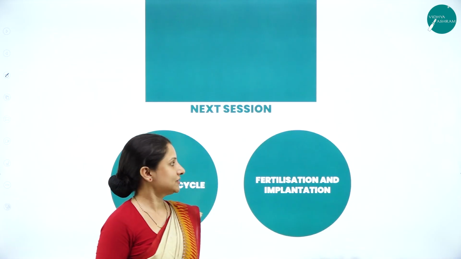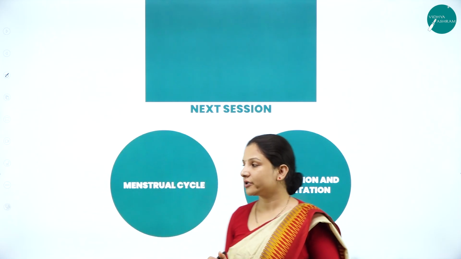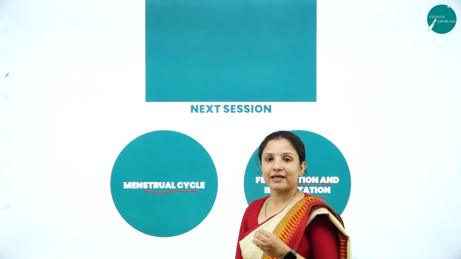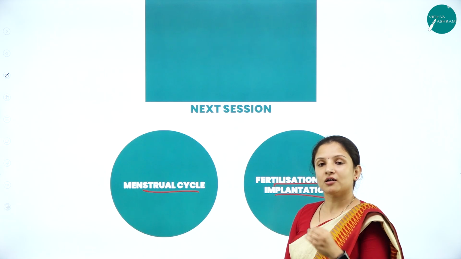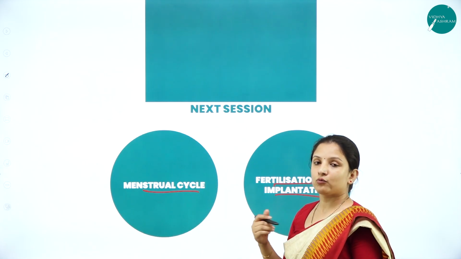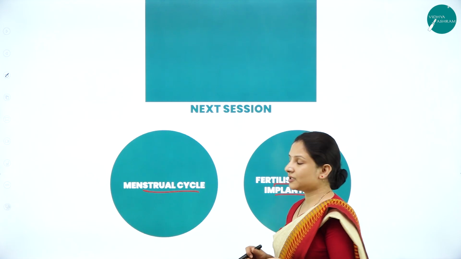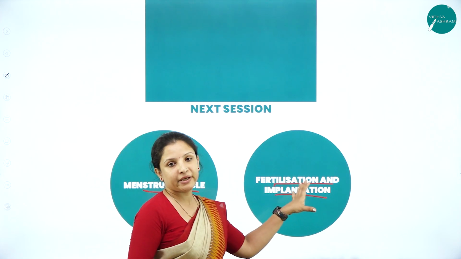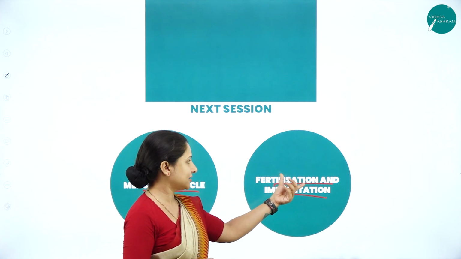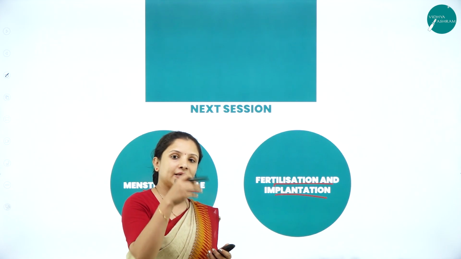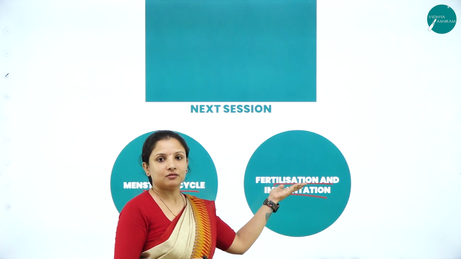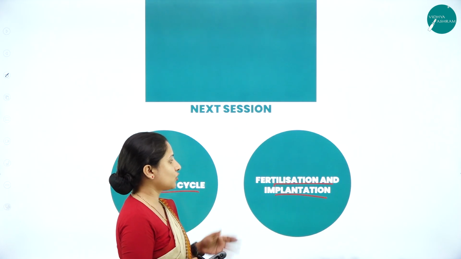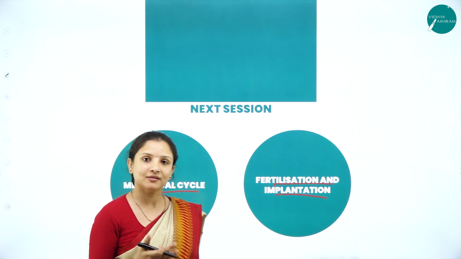We shall meet again in the coming session wherein we'll discuss the menstrual cycle and fertilization and implantation. The menstrual cycle is important because ovulation occurs only during the menstrual cycle. At what stages and how is what we will study under this. Now we know ovulation has occurred and sperms are also being formed. Then we'll learn how the meeting of the sperm and the egg will take place, that is fertilization, and how the fertilized egg will get implanted in the uterus. These three important topics we'll study in the next coming session.